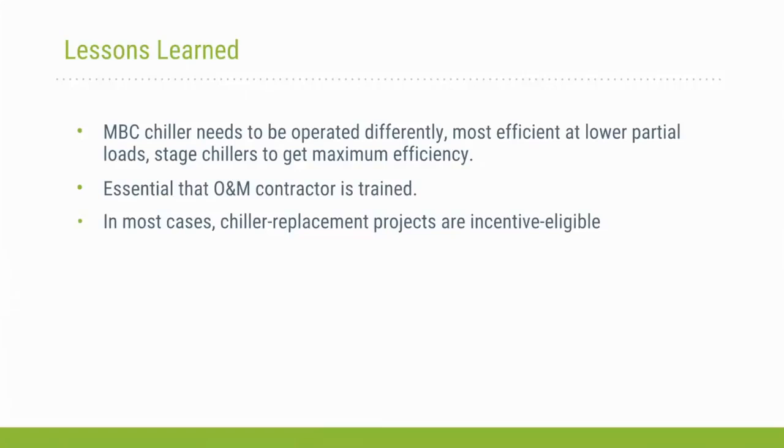So this helps for two reasons. One, receiving the incentive money helps in terms of shortening your payback, and then secondly, we can deposit the $60,000, which we normally do when we receive incentives, toward BA63 money, which we then use toward future energy projects. So it's sort of a win-win